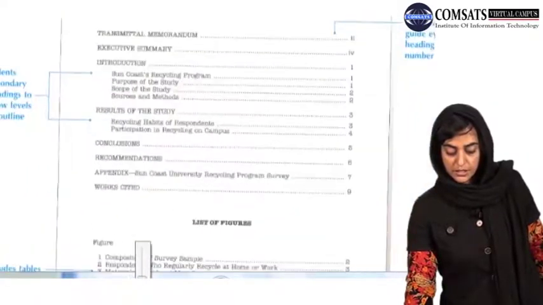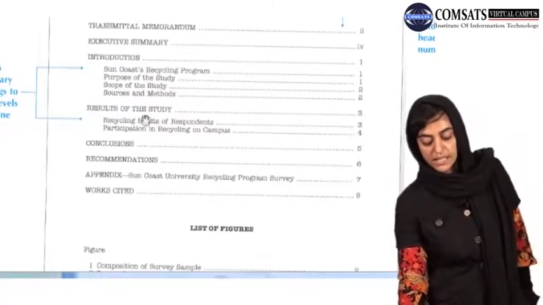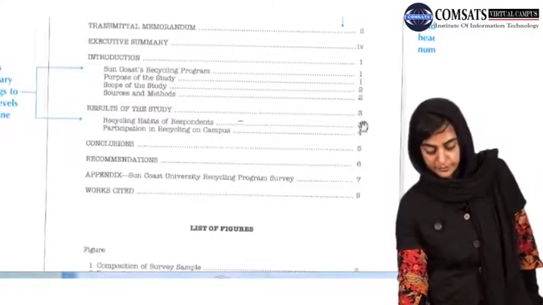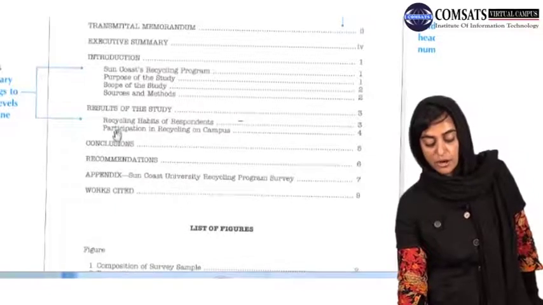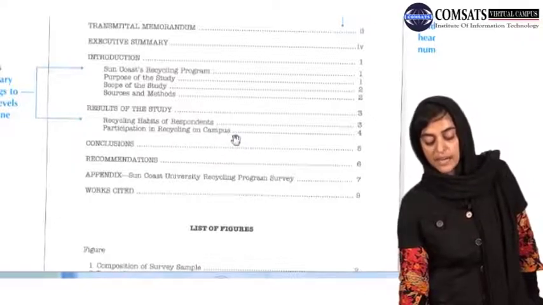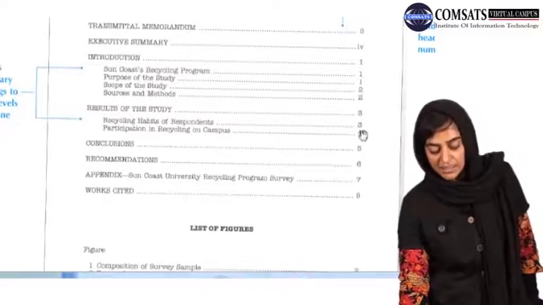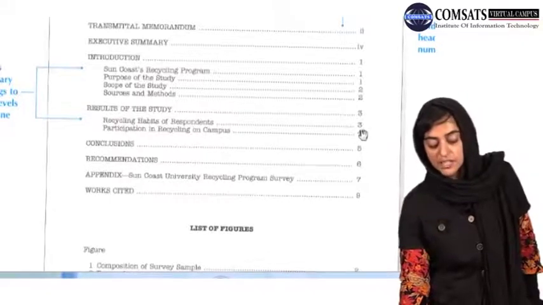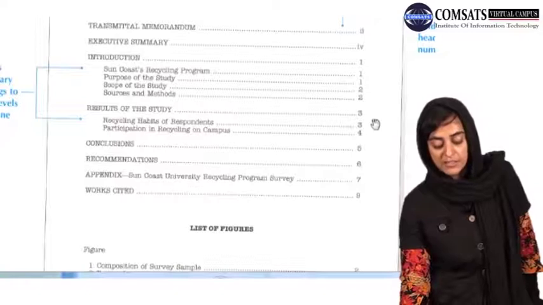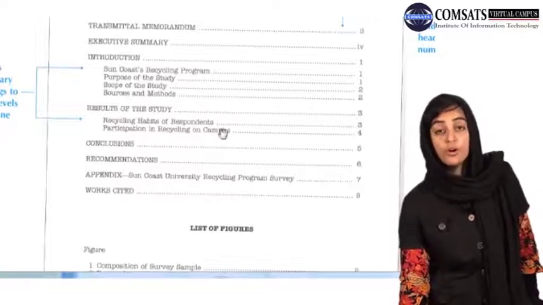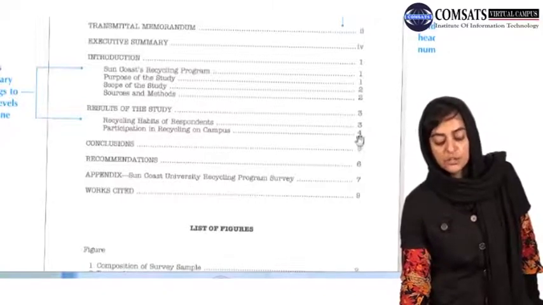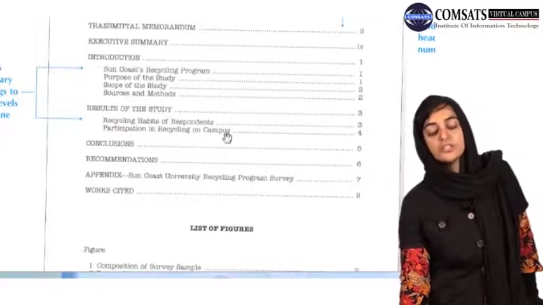Next, dear students, the results of the study on page number 3: recycling habits of respondents, and participation in recycling on campus. Recycling habits of the respondents is mentioned on page number 3. If you look at the table of contents, the results of the study should be on page number 3. Recycling habits of respondents should be on page number 3, and participation in recycling on campus should be on page